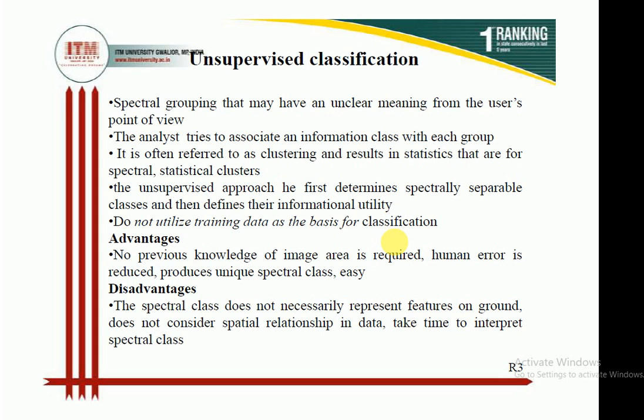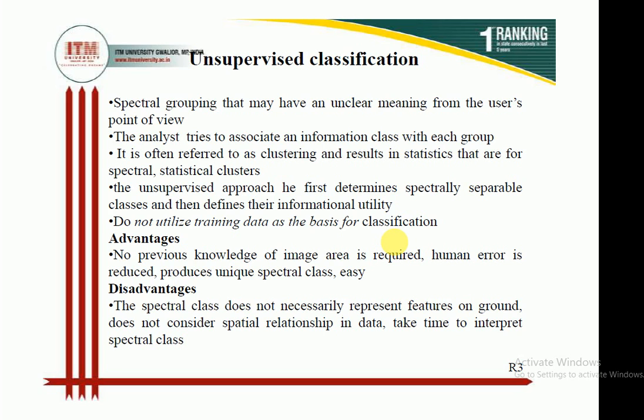What happens in the unsupervised classification? Certain images are taken and they are classified on the basis of their spectral reflectance. It means the areas showing similar reflectance or similar spectral pattern are grouped into one. So clustering is done in the unsupervised classification, and according to the clustering, different land features are identified and predicted after the processing stage, in the interpretation stage.